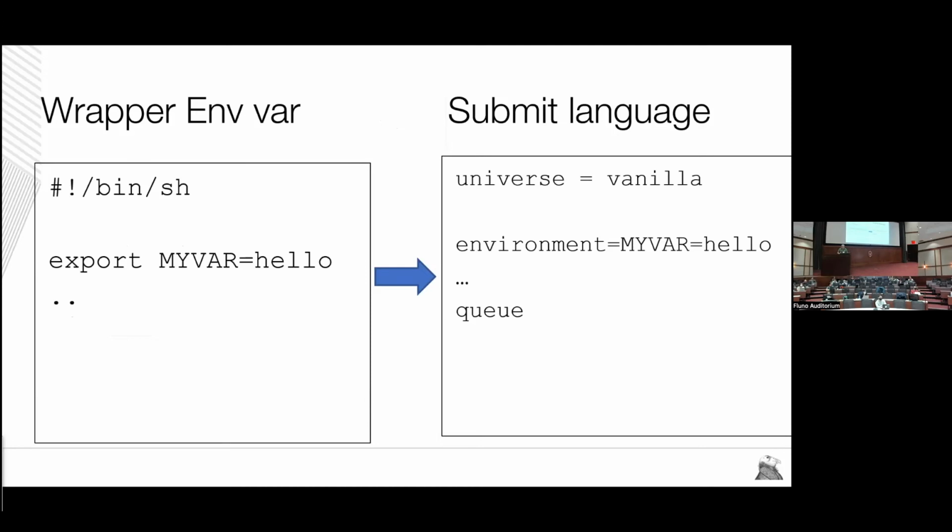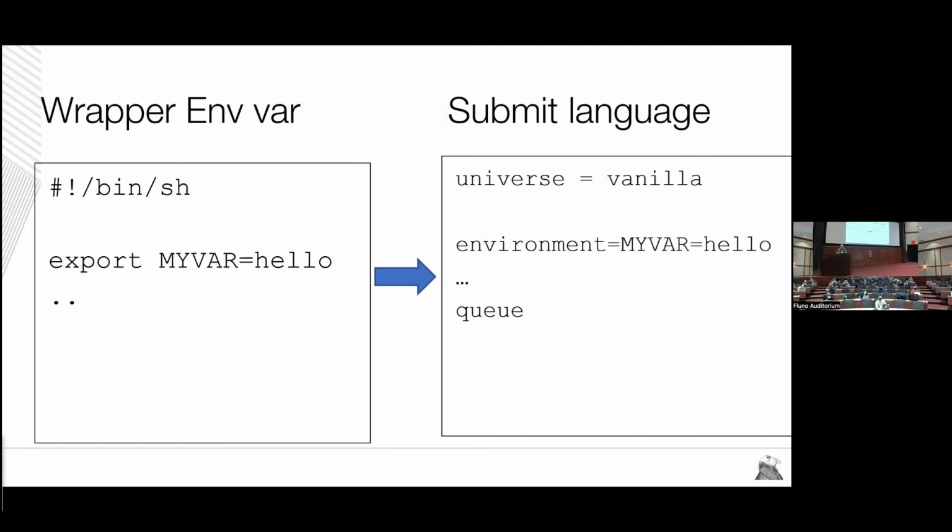So a very common thing that the setup might do might be set an environment variable. And on the left here, you might see the snippet of the wrapper file that does that, exports my variable equals hello. Well, Condor can do this itself. And there's a very straightforward translation. You could take that out of your wrapper file and put it into the submit language with the environment equal